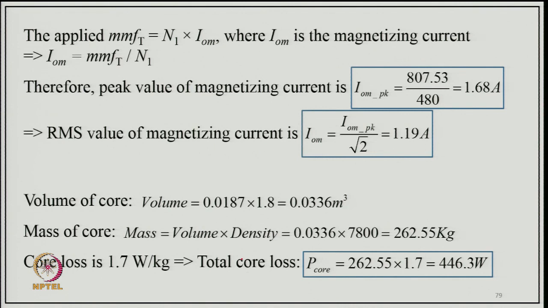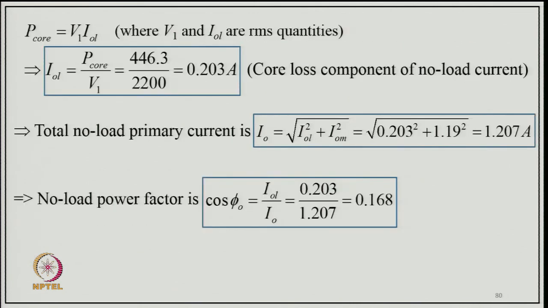So, mass of the core is volume into density, that is 0.0336 into 7800, this becomes 262.55 kg, and core loss is 1.7 watt per kg. So, total core loss will be P core equal to 262.55 into 1.7, that is 446.3 watt. Now, P core loss equal to V1 Il, where V1 and Il are RMS quantities. So, Il will be P core upon V1, that is 446.3 divided by 2200, that is 0.203 ampere, that is the core loss component